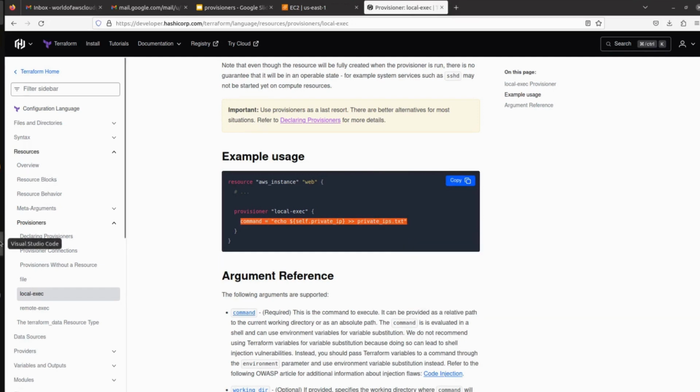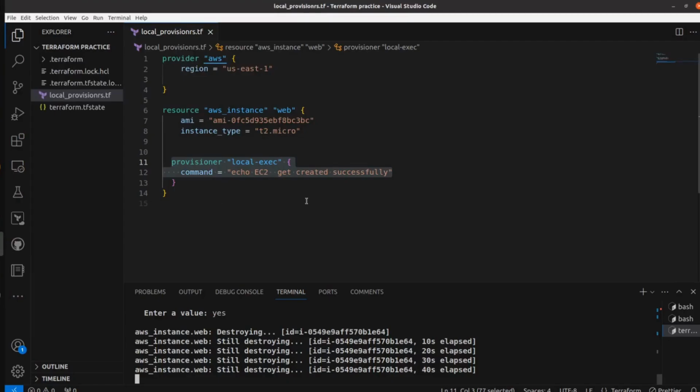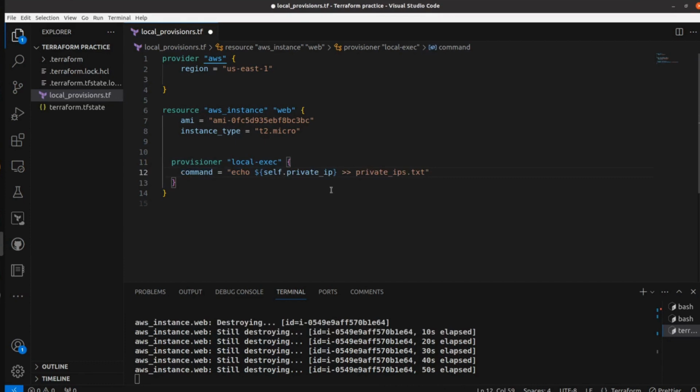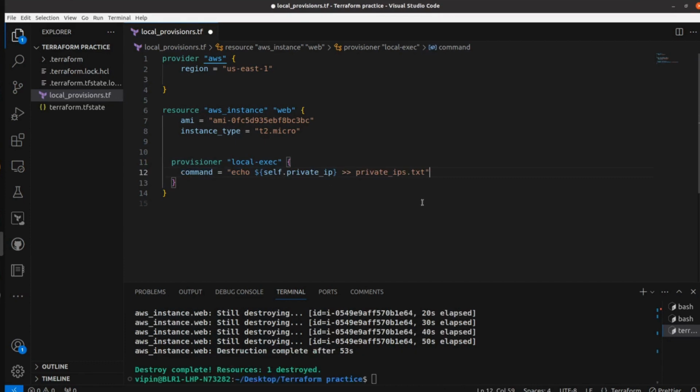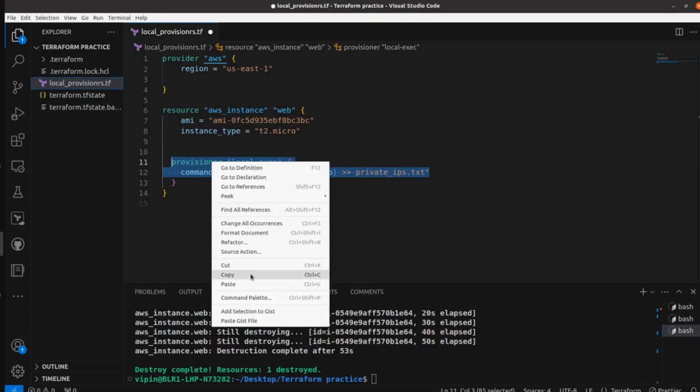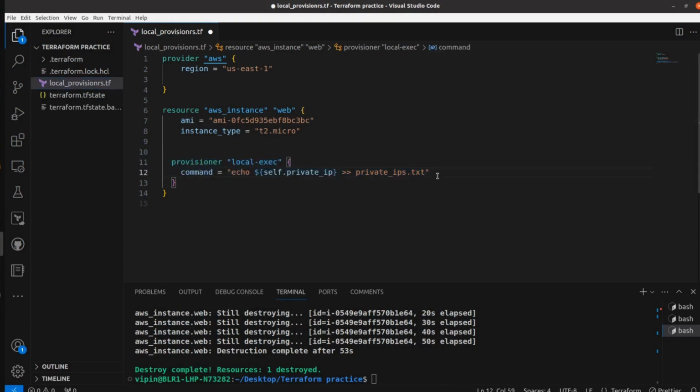Go back here, and as our resources are getting deleted, now let's use this. Suppose we want to store both the private and public IP. We have to just copy this and use it just after this.